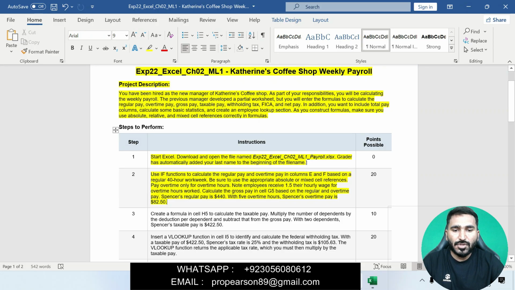Be sure to use the appropriate absolute or mixed references. Pay overtime only on the overtime hours. Note that employees receive 1.5 times their hourly wages for overtime hours worked.